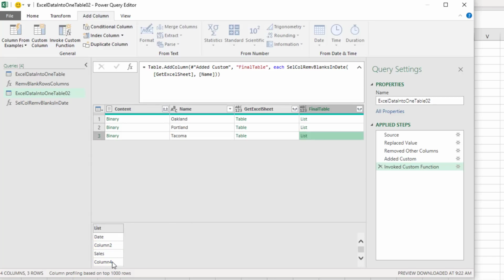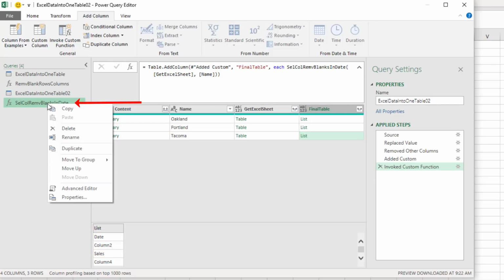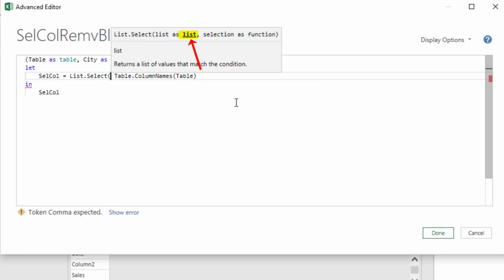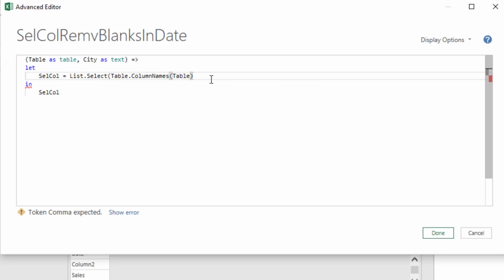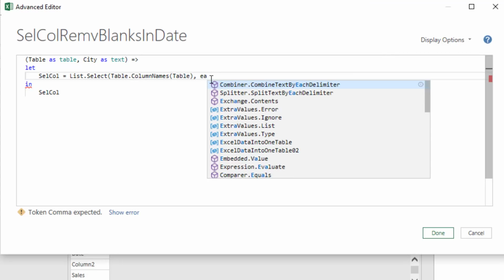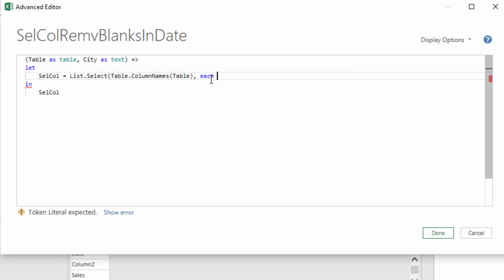Now, since this is a list, our next step is to select from the list columns that are not starting with the text column. Right-click our function, Advanced Editor. And then in our first step, we'll use List.Select. That's going to require a list. And there's our list of field names, comma. This is a function, so we are going to use the keyword each. And we want to say